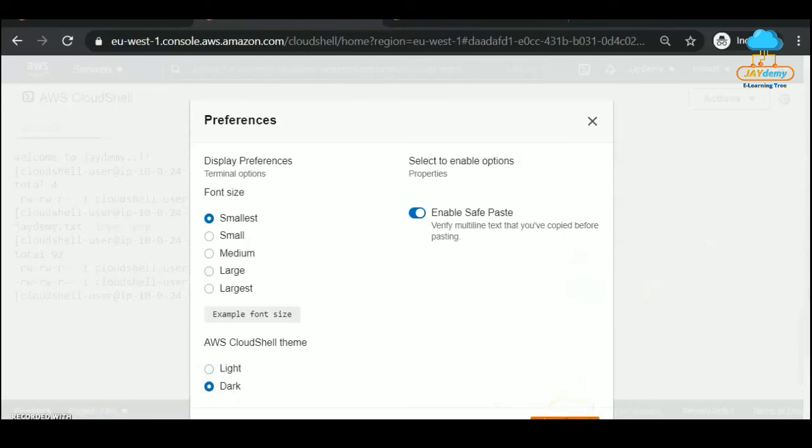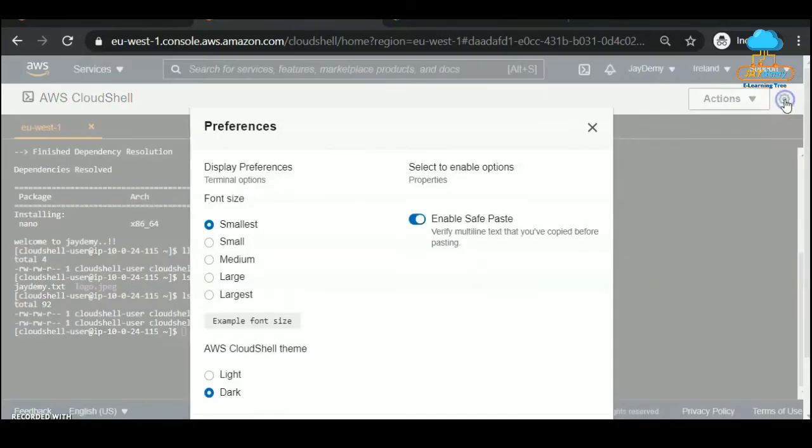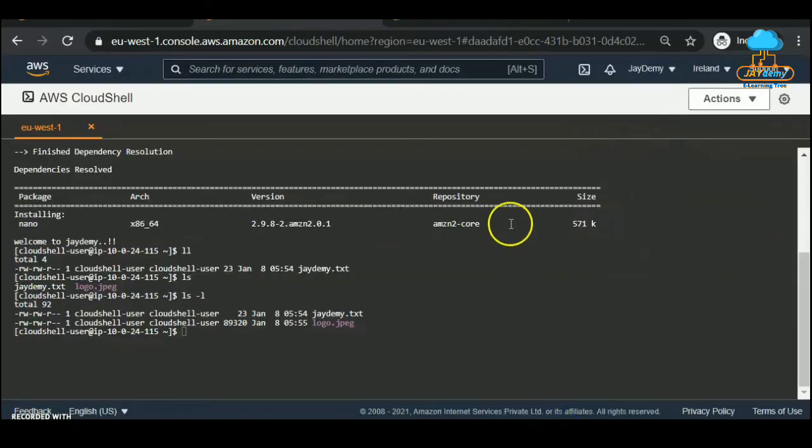I will apply that. So now it is changed to small font as well as dark theme. This is how we can modify preferences according to our requirement. This is how we need to use AWS Cloud Shell.